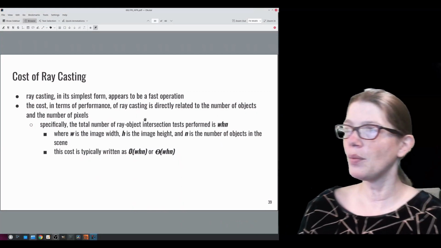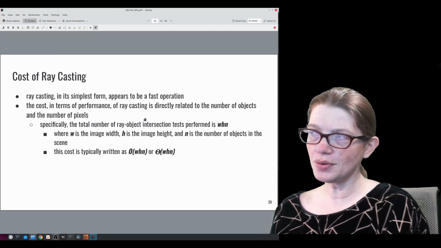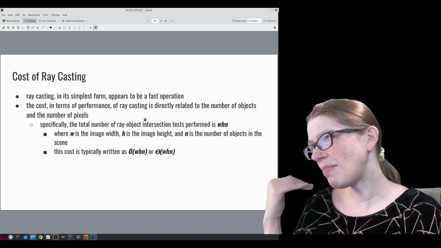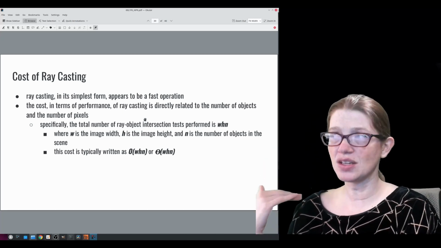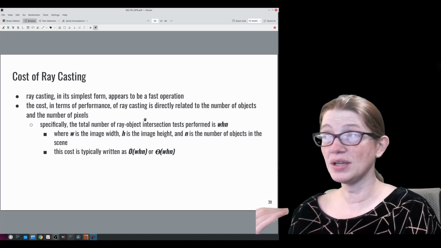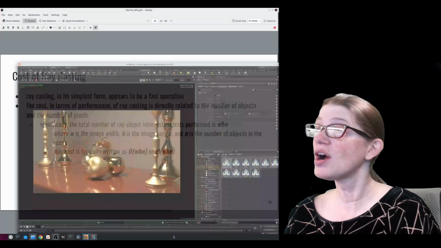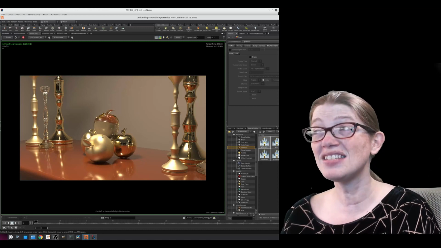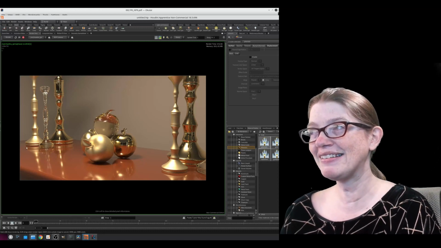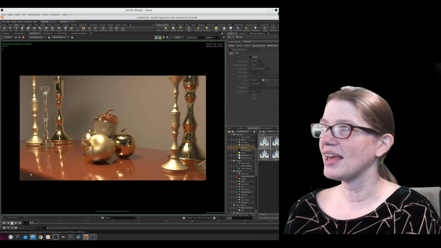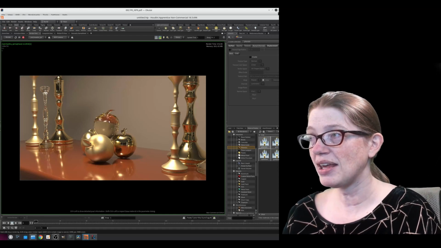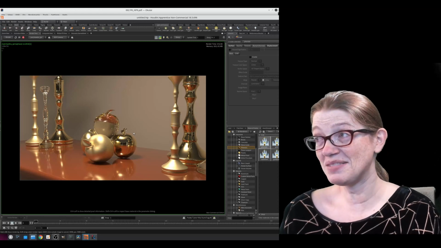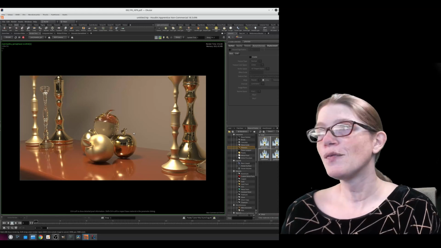So be very wary when you are doing a render job on your machine. Keep it in the back of your mind that this is going to be expensive. It's going to take a long time. You might try to do a simple image like this, and this image is not 1080p. This is 720. It's just the default camera in Houdini is a 720p camera. And I didn't bother to change it because I didn't want to be waiting for this image for the next